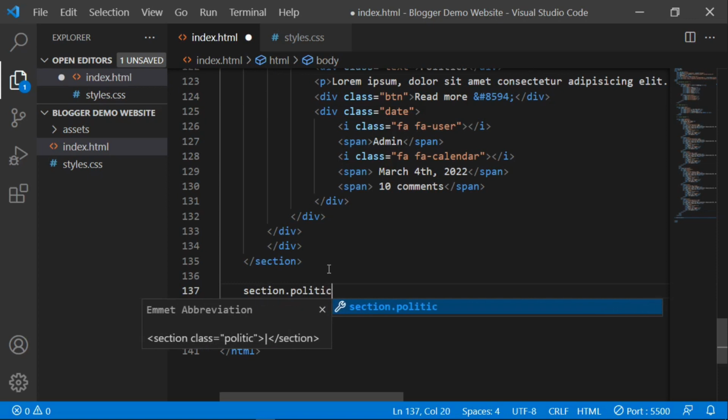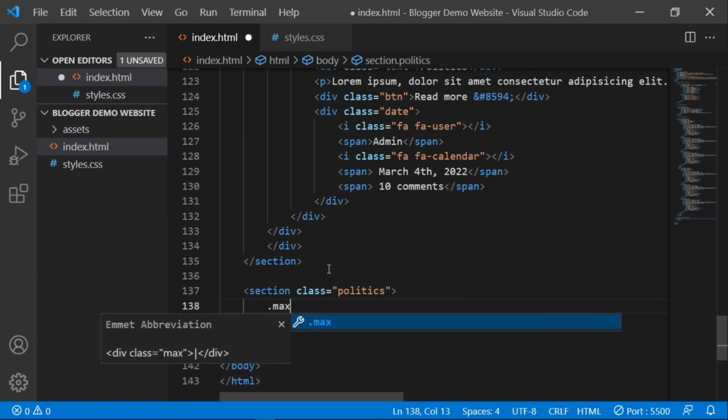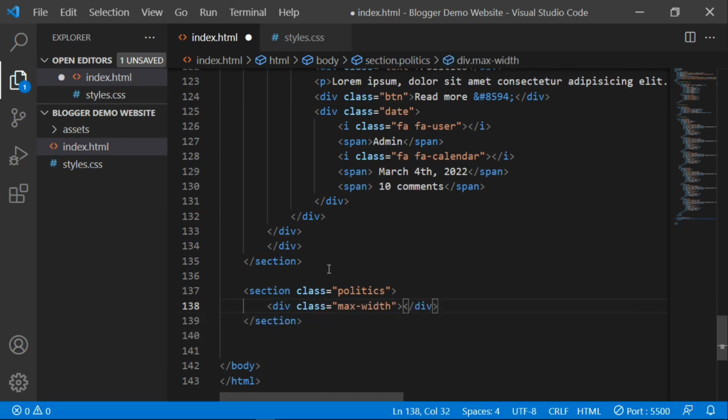You can give it any class, section politics, and then inside it I'm going to create a max width, and then inside this max width I'm going to create